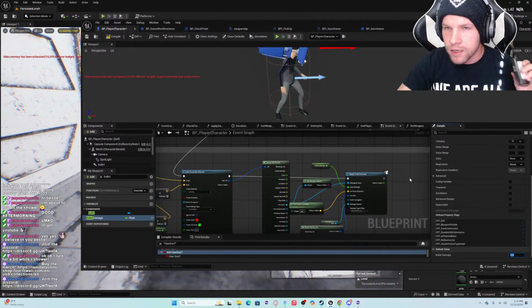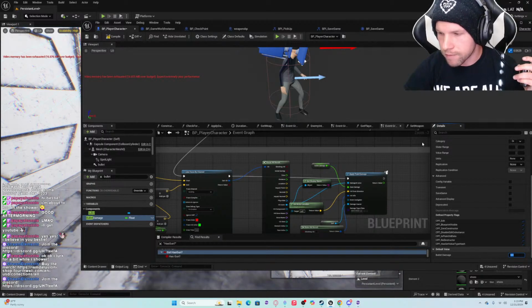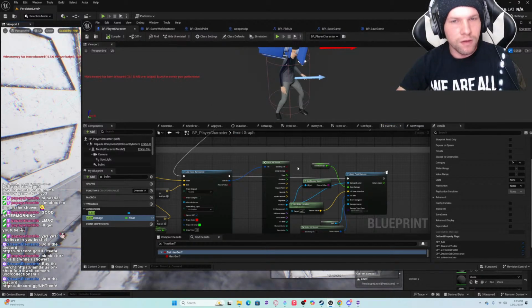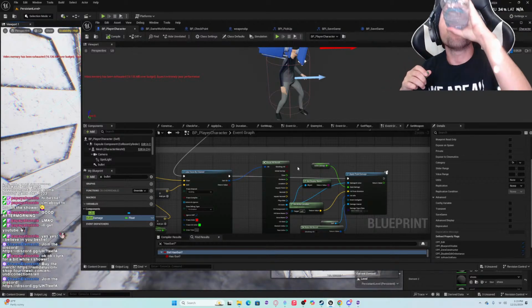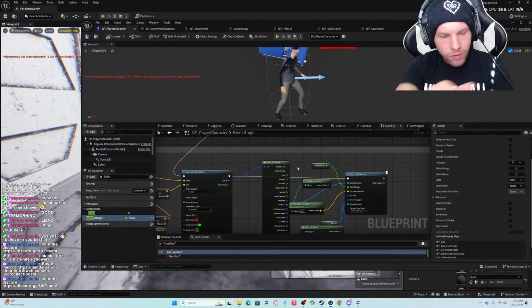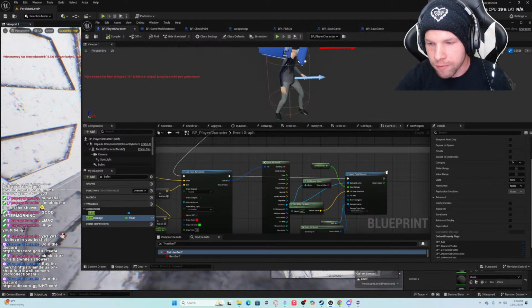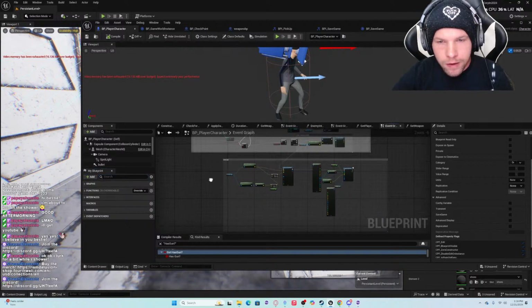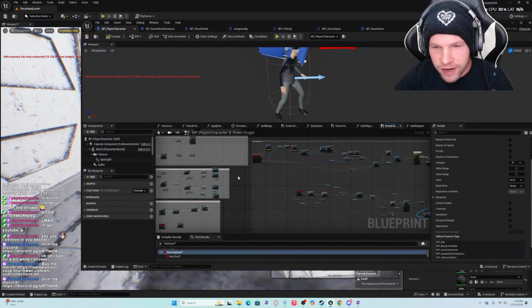So let's see, if we have a max health of 100, maybe set bullet damage to say 25, I guess. That sounds good enough. So we're gonna apply a point damage to our enemy.